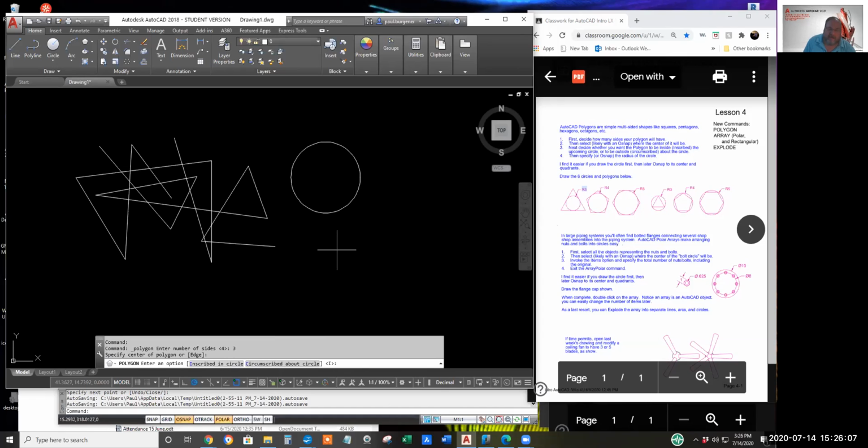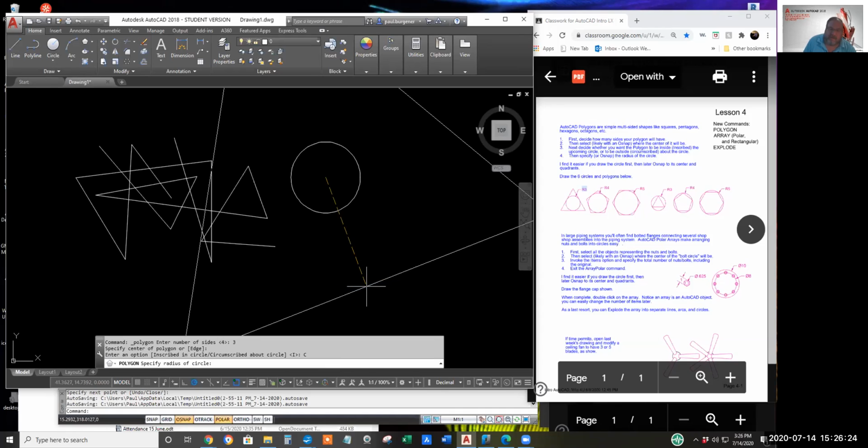Don't forget, in AutoCAD, you can always right-click and select options. I don't think NanoCAD has that capability. We'll see in a second. So I'll launch the circumscribed option.